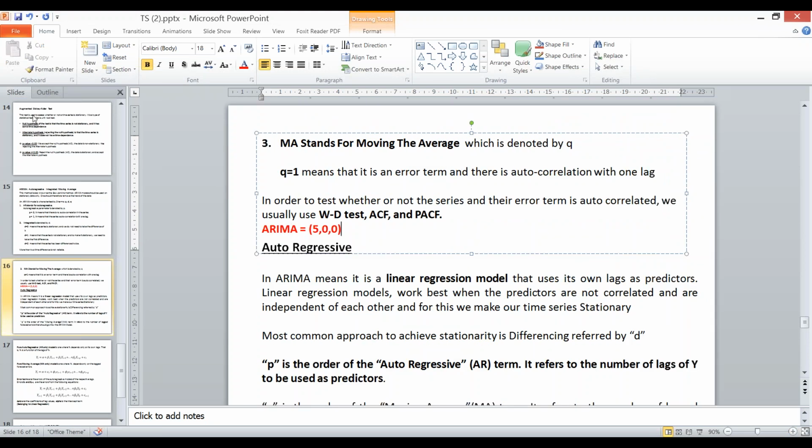So AR is equal to 5 means an autoregressive model, because I have taken 0 for MA and I. Similarly, if I put AR to be 0 and MA is 5 or any value, let's say 8, then this becomes an MA model only. Okay? So we can use the AR model, we can use the MA model, or we can use ARMA as well. So that is, let's say 5.